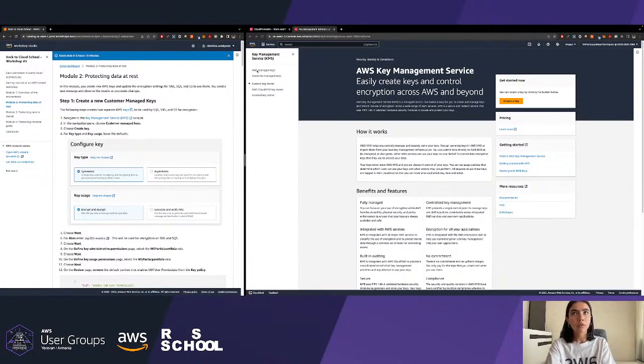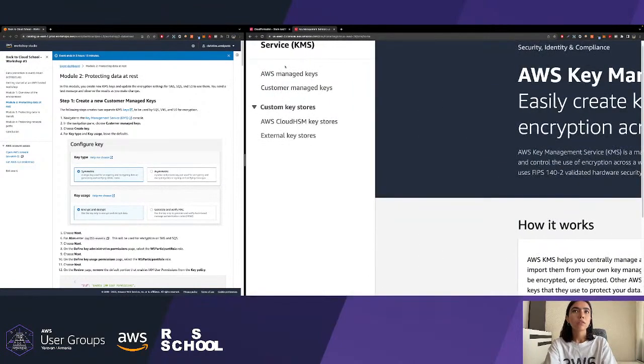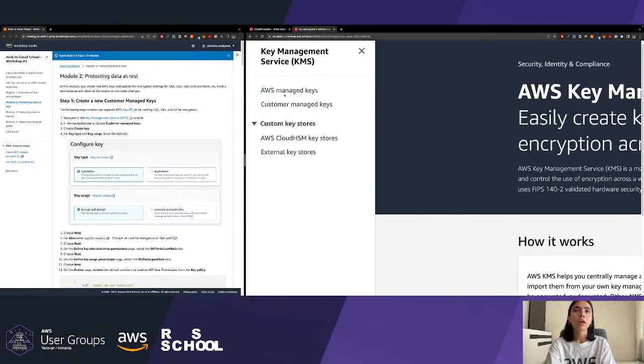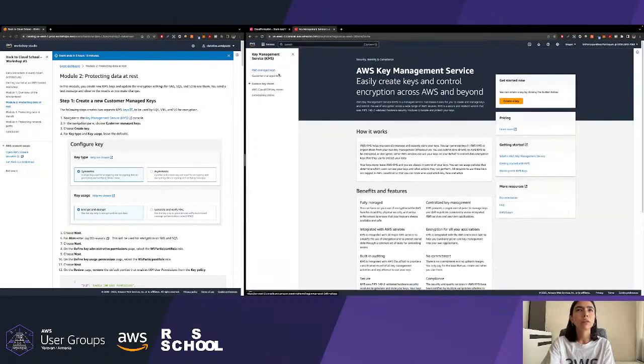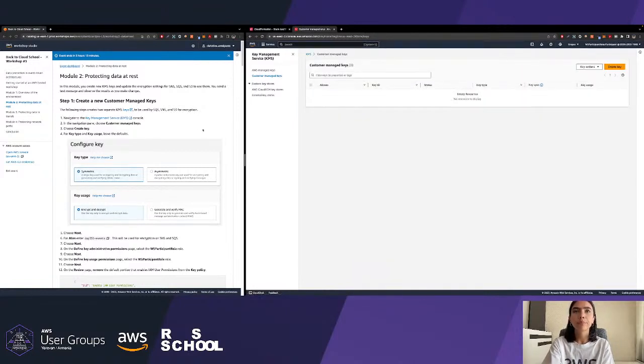As you can see, we also have AWS managed keys in the side panel. Those keys are fully owned, managed, created, updated by AWS. Those are keys for many services. If you are interested, you can go and check them by yourself. I recommend that. But now we should go to the customer managed keys tab.